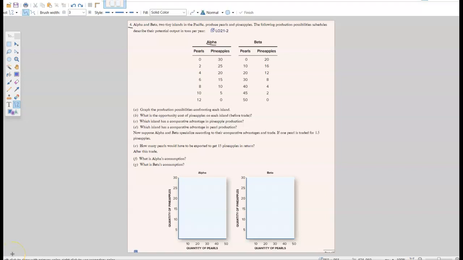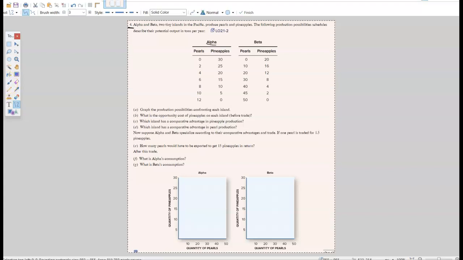Hello everyone, I'm going to give you some hints for a problem on the final exam, and this problem is related to chapter 21. And I found a problem that's going to be similar at the end of the chapter. So at the end of chapter 21, there are some problems that the textbook gives you. If you look at problem number 4, right here, problem number 4,